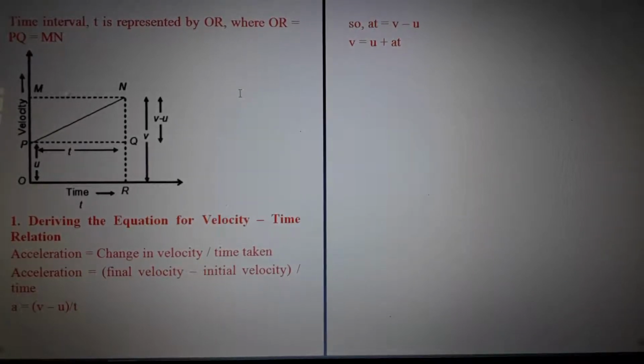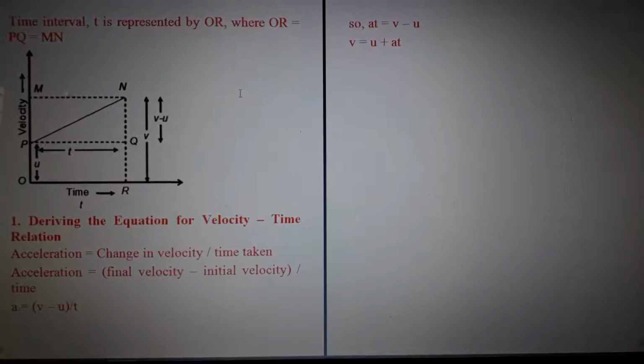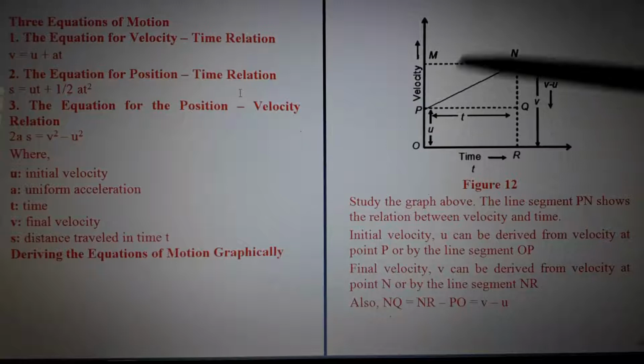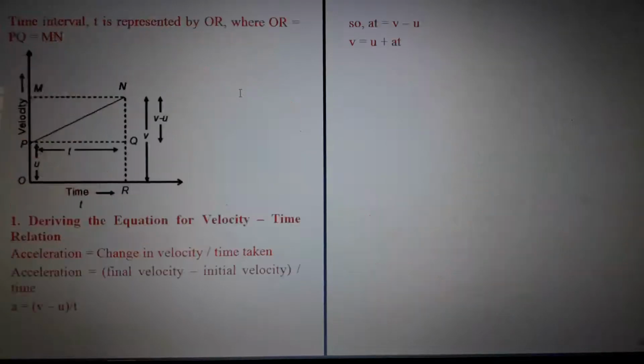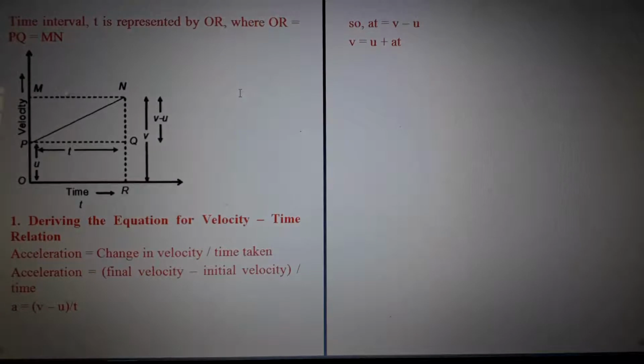Yes, rate of change of velocity by time. Here, what is the rate of change? Final velocity minus initial velocity divided by time. Directly we are getting it because already we got what? We got final velocity, initial velocity and time. So the first equation is easily derived by making the substitutions. So we will get V is equal to U plus AT, and that's a simple part of it.